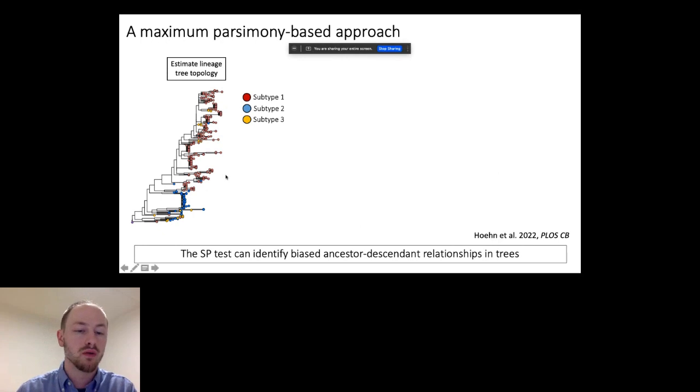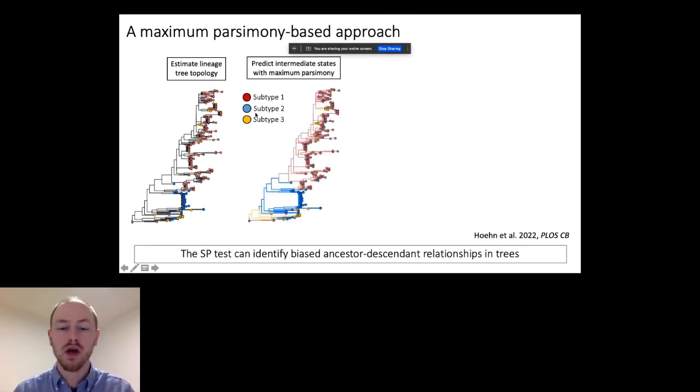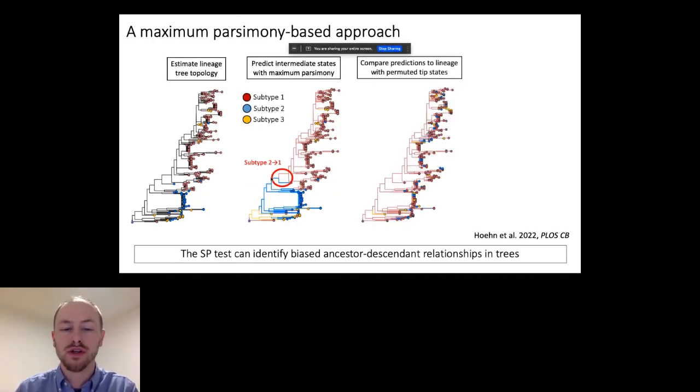The approach we developed works by first building our B cell lineage tree and labeling the tips by whatever information we're interested in. In this case, we can just say some generic cell subtype 1, 2, and 3. So these are B cell subsets. We can then use a maximum parsimony algorithm to reconstruct the series of intermediate steps within the tree that minimizes the number of cell type transitions. This would be an example of a switch from cell type 2 to cell type 1 within the lineage tree. And once we have that, we can compare the proportion of cell type switches that occur in a particular direction